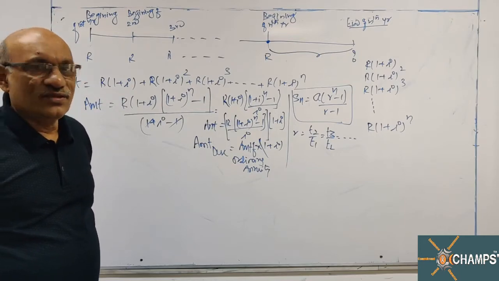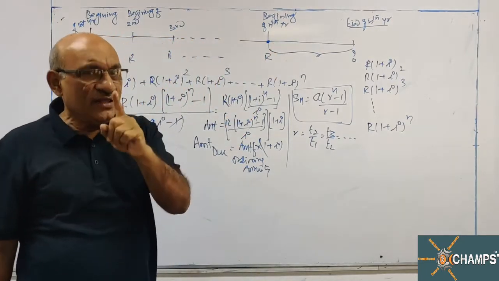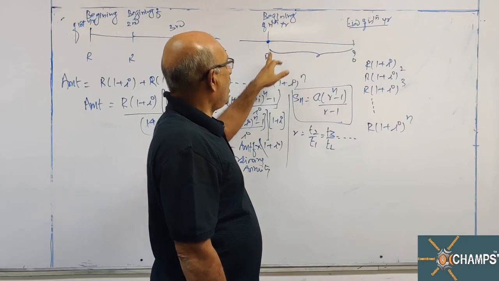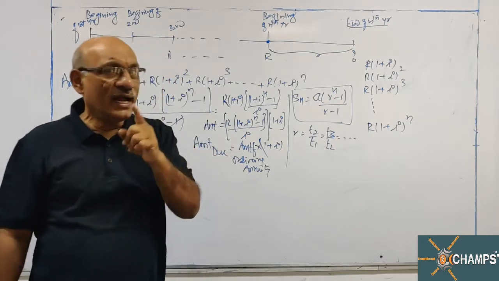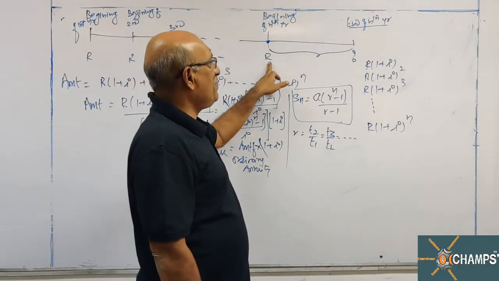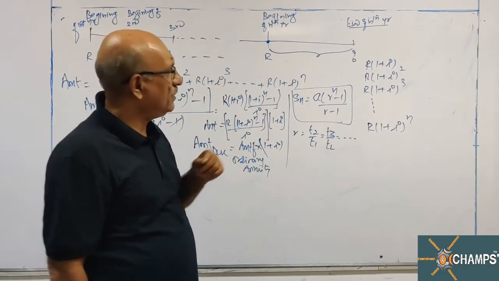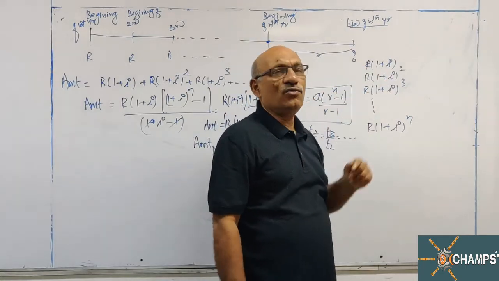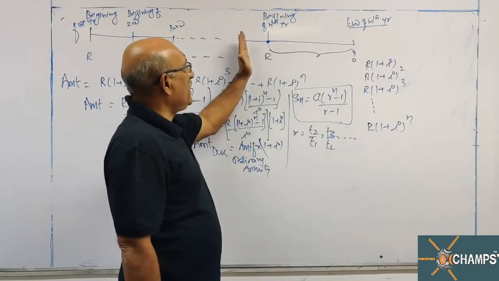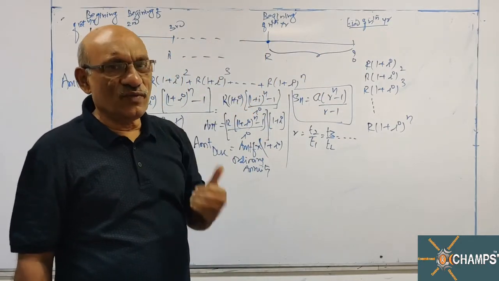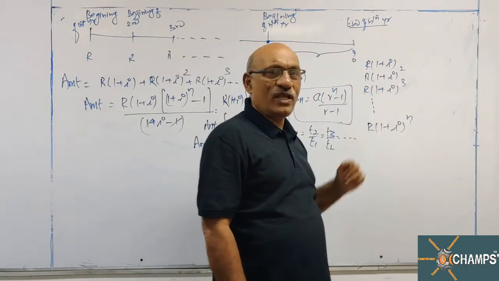Now how can I think of this? Look at the last payment I have, R rupees. Last payment of mine is at the beginning of the nth year and the amount is withdrawn at the end of the nth year. Therefore, this payment is in the bank for 1 year and you are receiving interest at the rate of I%. So this R rupees will become R into (1 plus I) at the end of 1 year. Now, the payment preceding this, that is the beginning of the (n minus 1)th year, is in the bank for 2 years. So it will become R into (1 plus I) whole square.